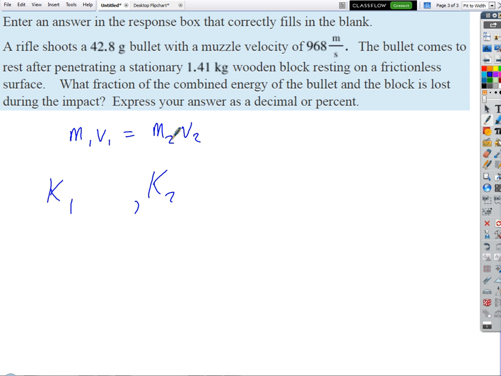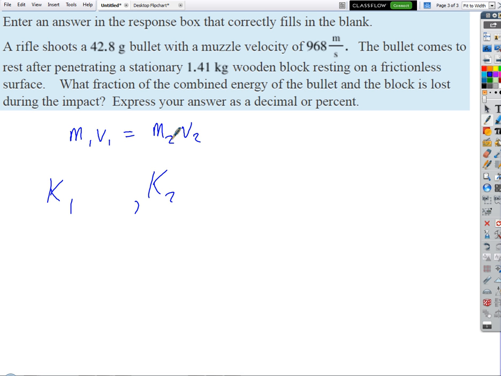So we're trying to find V2 and then put it in the 1/2 M V2. Right, so we gotta find V2, and then we're gonna know everything. Then we know M1, V1, M2, V2, and then K2 is just gonna be 1/2 M2 V2 squared, right? And that's gonna be, you'll see, a lot lower than 1/2 M1 V1 squared, because V1 is so big. Look how fast it is, right? And V2 is pretty small.